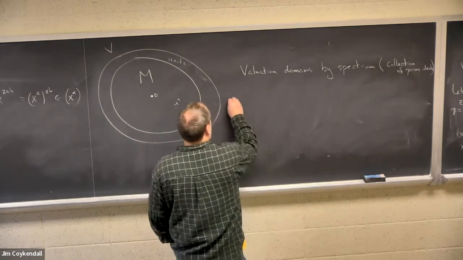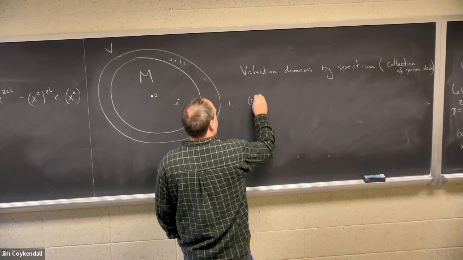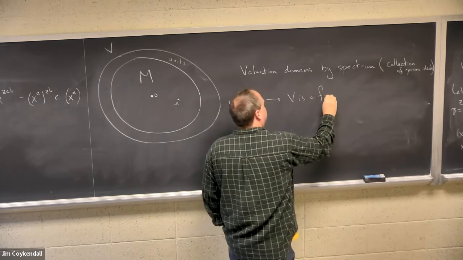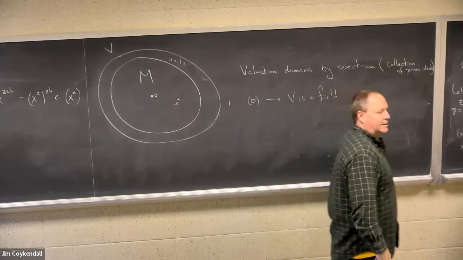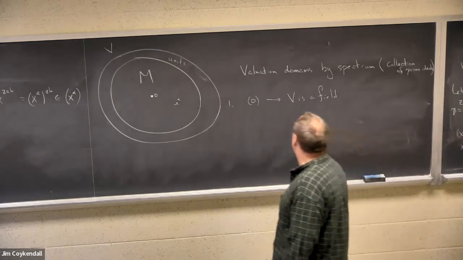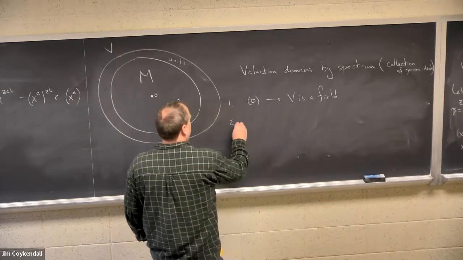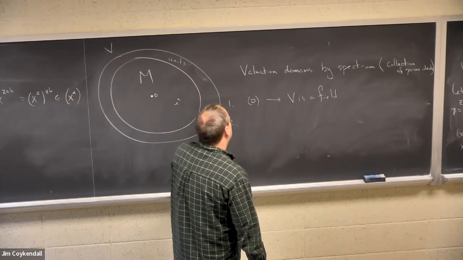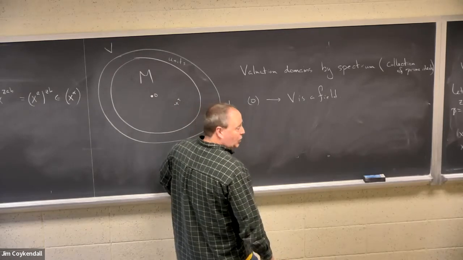So one, the valuation domain has only the prime ideal 0 as a field. This is actually true. You don't even have to use valuation domain. An integral domain that has zero as its only proper ideal or only prime ideal is a field. If it's dimension 1,